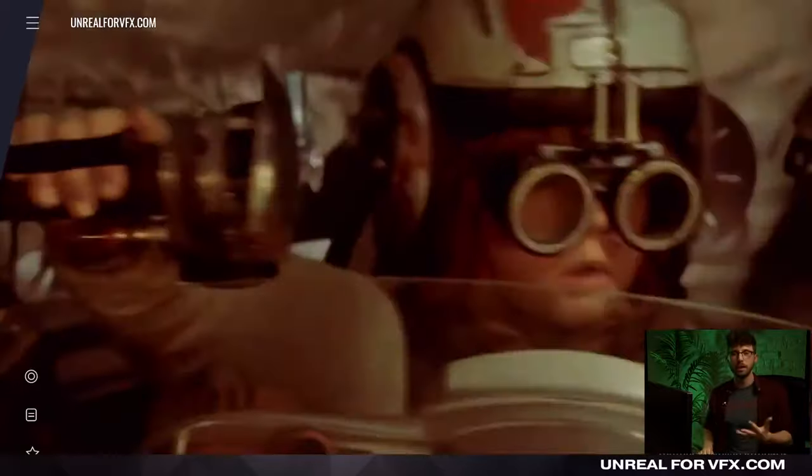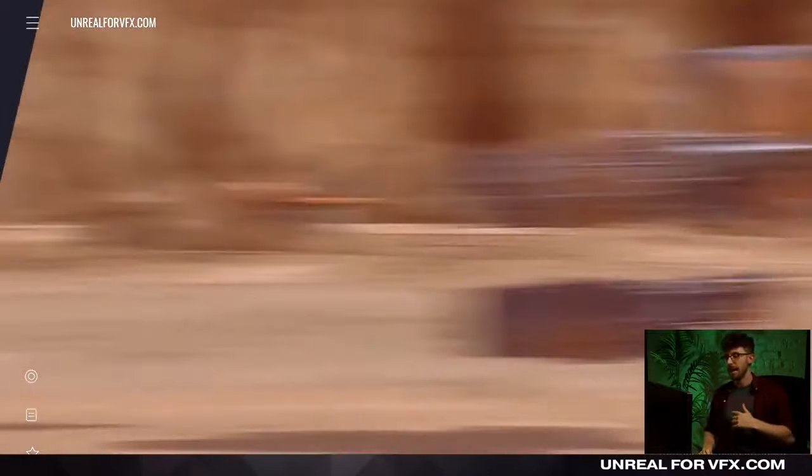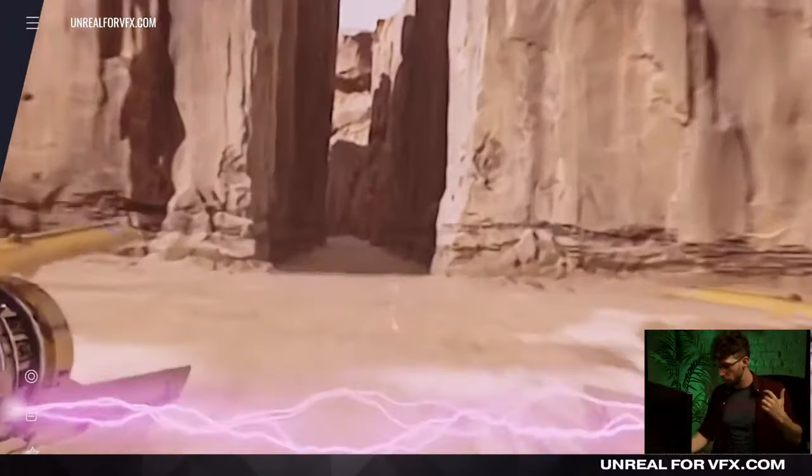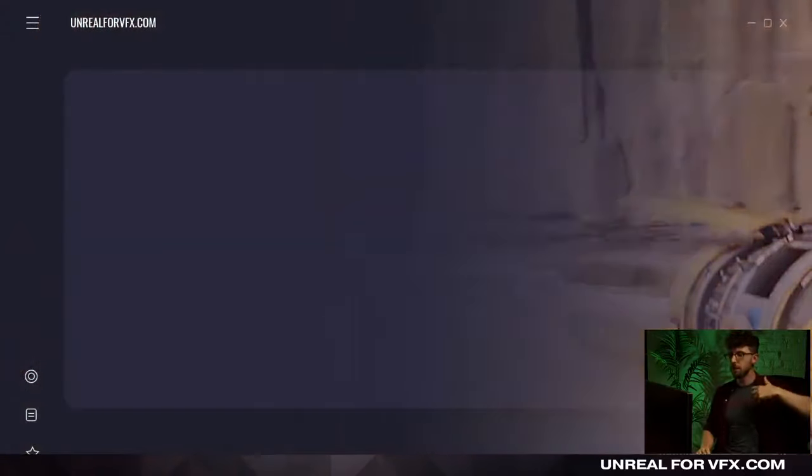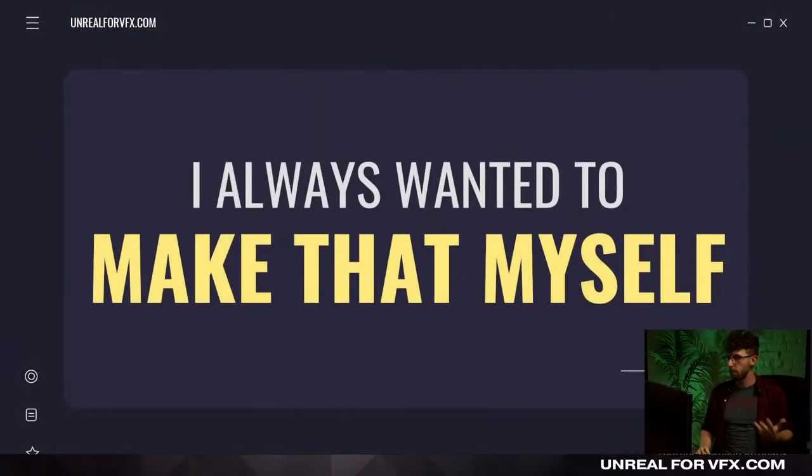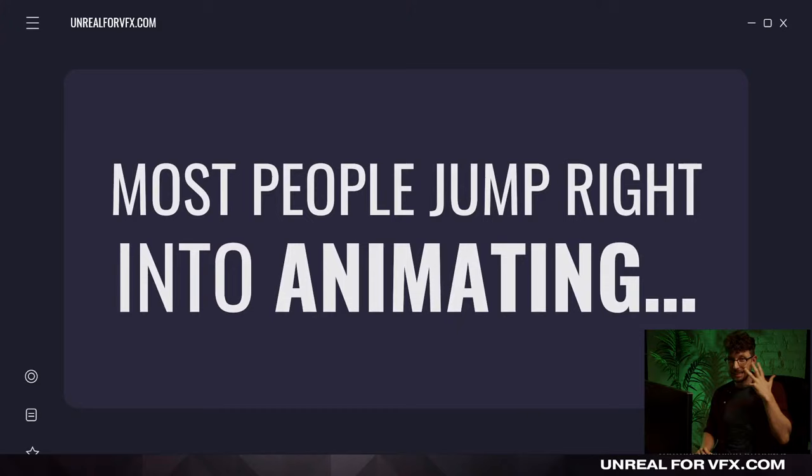And funny enough, this is a huge beginner's trap, is that if you jump into this too quickly, then you're basically putting the cart before the horse. I did this so many times. It sounds like such a basic mistake, but I'm telling you, I've wasted months of my life by doing this in the wrong order so many times. So when I wanted to make something like that pod racing scene, I would think to jump right into the animation. I would spend so much time animating.